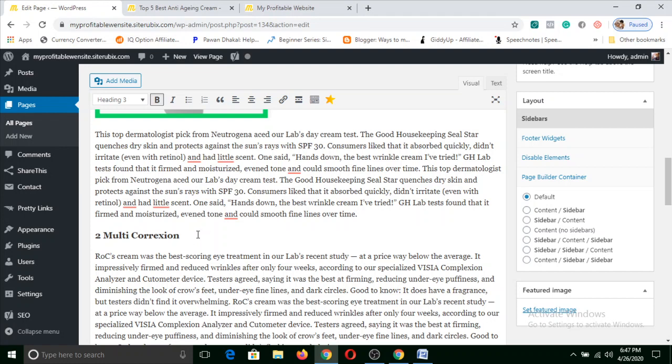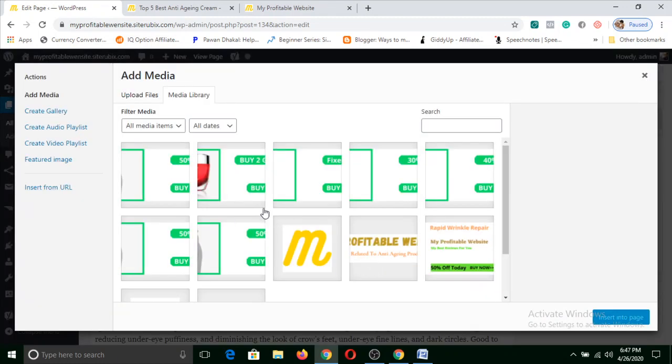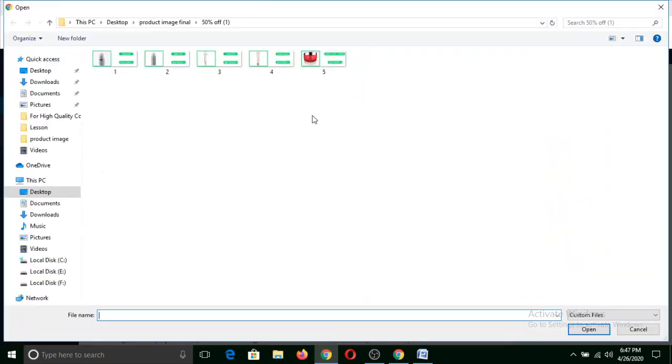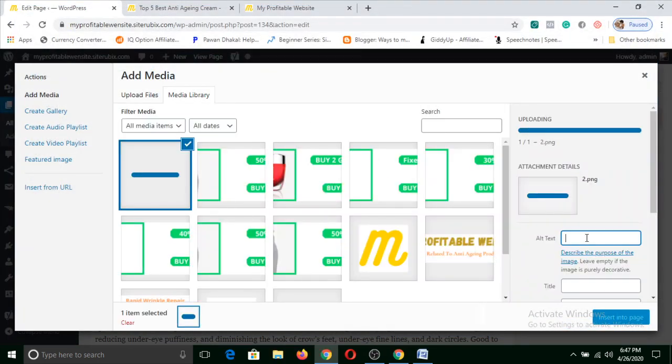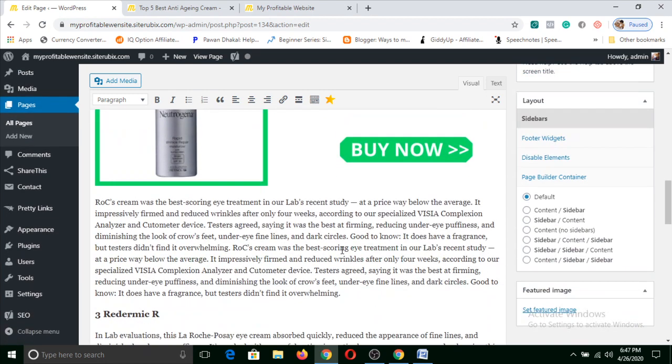Now you can place your cursor here and hit enter. Again, copy this name, then click on add media and click on upload files, and paste that name in the alt text and title. Delete this too and put that here. This is the name of the product. Click on insert, so it is here now.